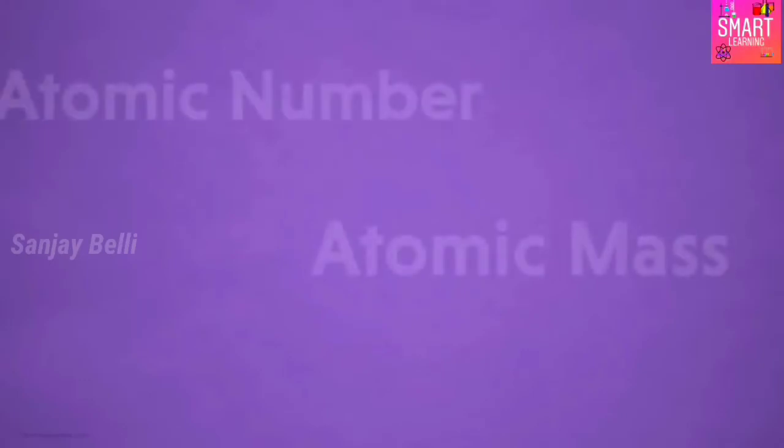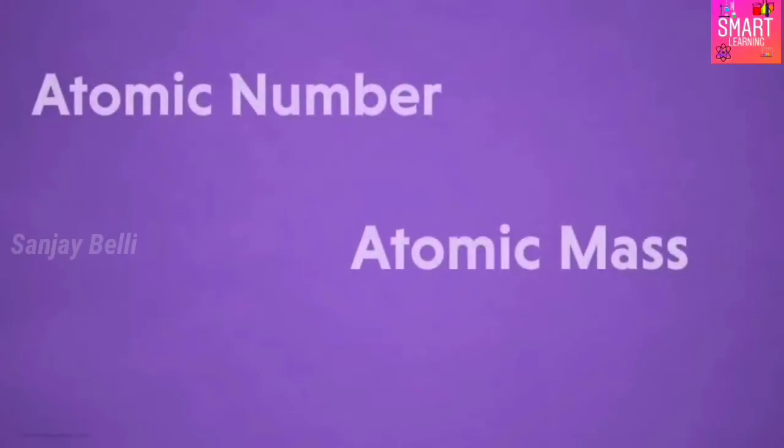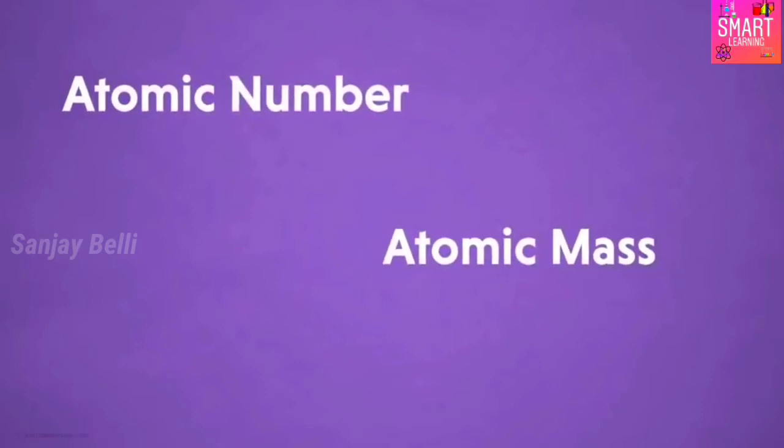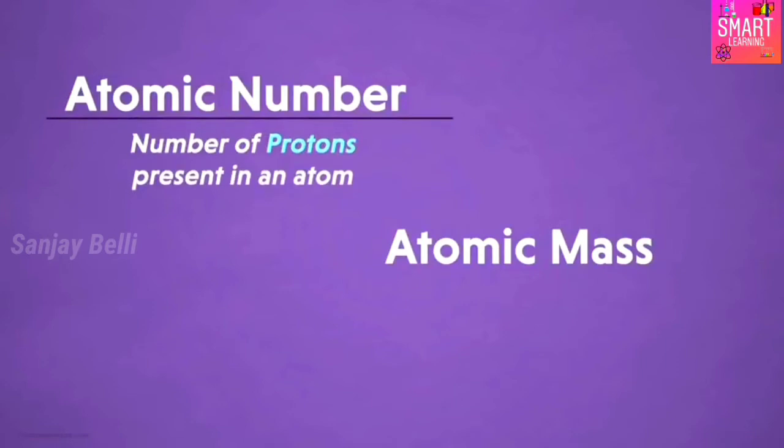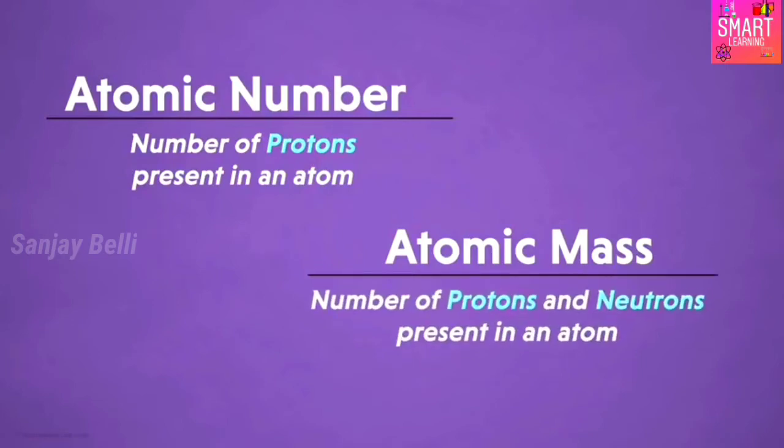By now, we are aware of what exactly the concept of atomic number and atomic mass is. Atomic number is simply the number of protons present inside the nucleus of an atom, whereas an atomic mass is the number of protons and neutrons present in the nucleus. So when we have to represent both these entities for elements, how do we write it? Is there a specific way for representing it?